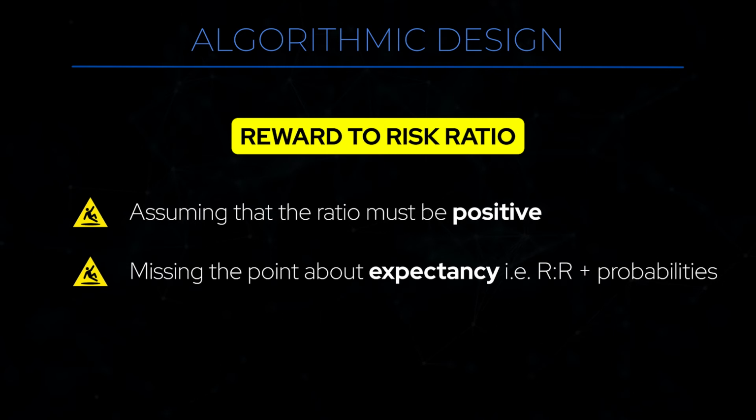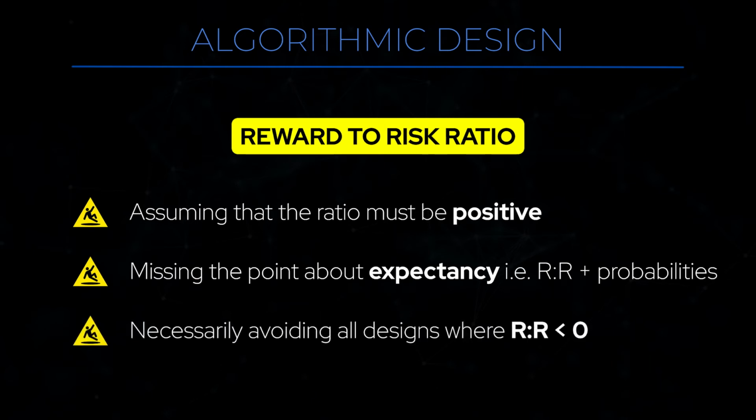It may take the form of targeting 2 Rs or 3 Rs, for example, where traders will shoot to make 2 or 3 times as much as what they stand to lose, as if probabilities were not going to adjust accordingly. If it only were that simple. The correct answer is evidently that you should focus on expectancy alone. Your reward-to-risk ratio is irrelevant by itself. In fact, some markets will even generally require you to have a negative reward-to-risk ratio by design in order to